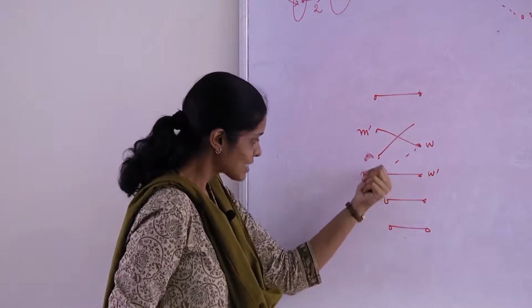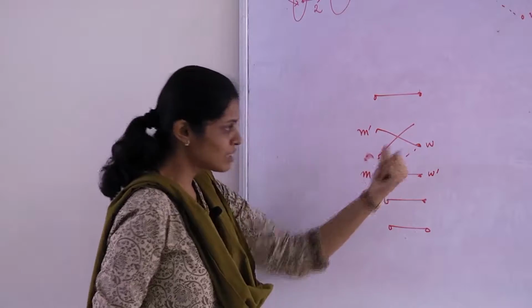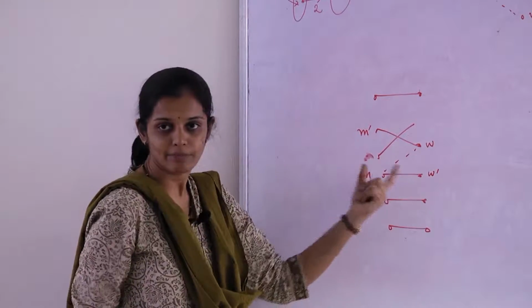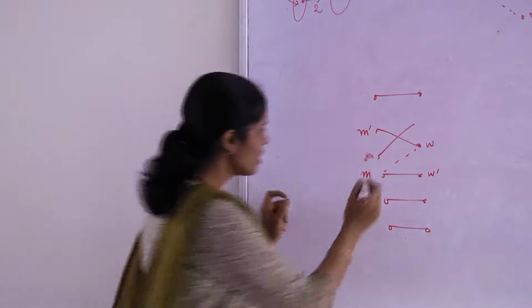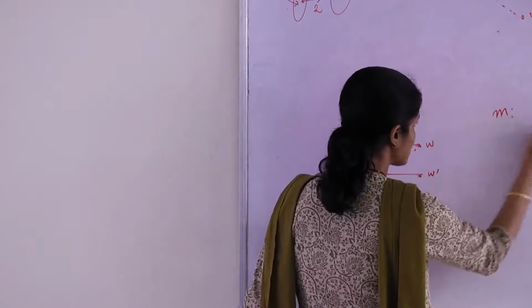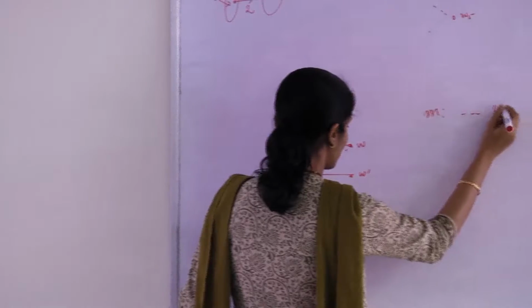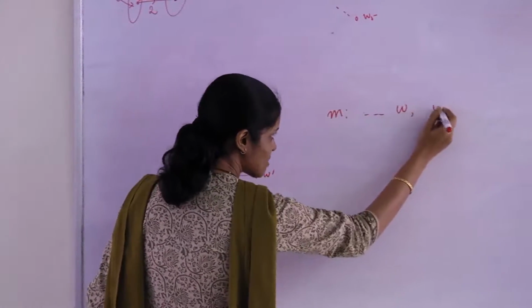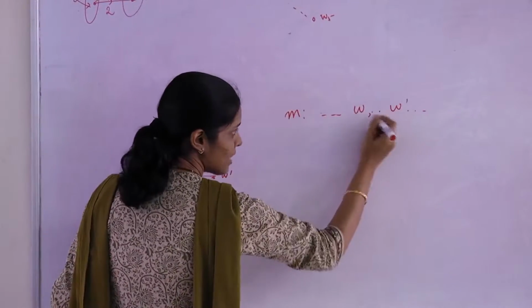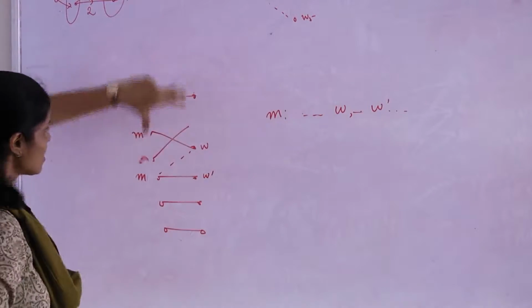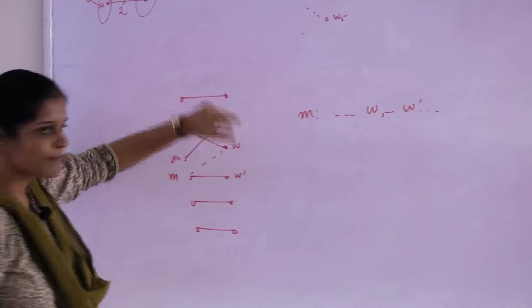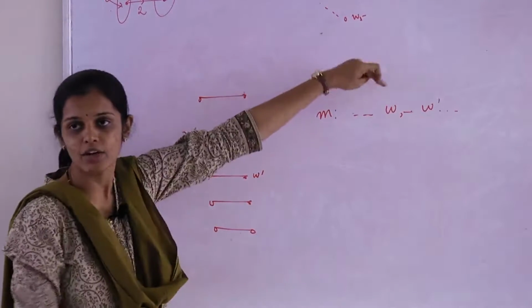But now let's ask, what did M do when it went ahead and proposed? Our algorithm followed this proposal sequence. So we know that M has this preference list which looks something like this. W lies before W prime. There may be any number of women in between, but W lies before W prime because of the fact that this is an unstable pair. Therefore, during the proposals algorithm, what do you know?